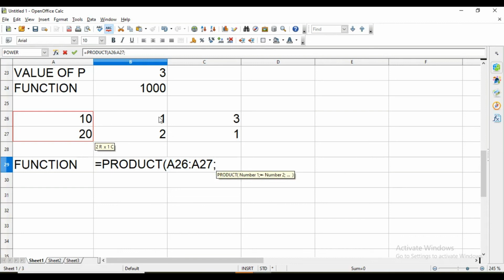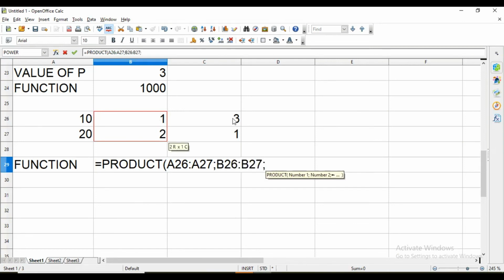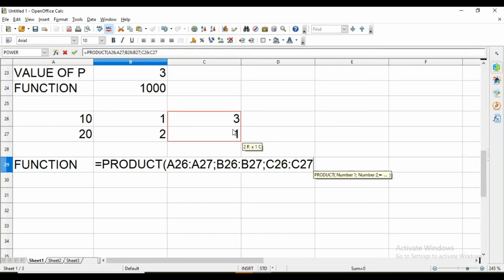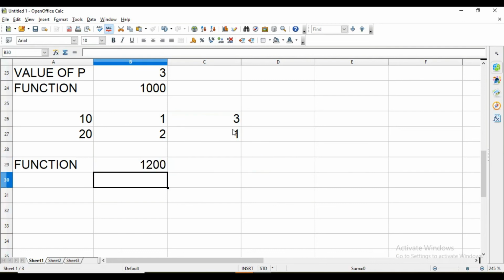Then comma, second range, then semicolon, third range, and then finally close this parenthesis. So we are getting 1200 here.